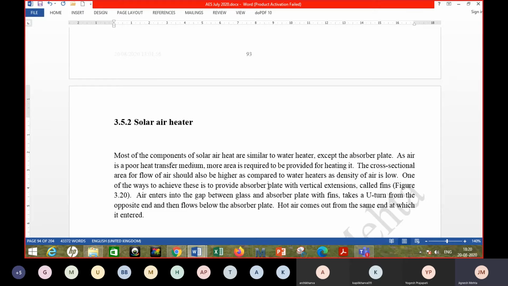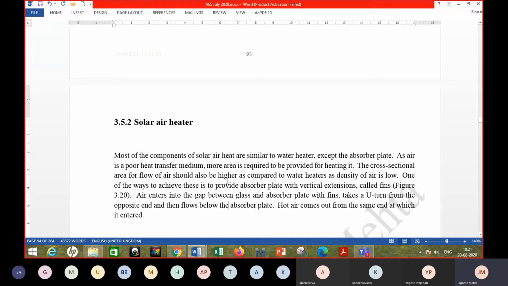So in case of air, you cannot expect high heat transfer coefficients h. So you have to compensate with larger area for heat exchange. So you have to provide large area for heat exchange, and many times such large areas in case of, let's say, heat exchangers are provided by providing fins. So most of the times fins will be a very common thing which would be seen in air heaters.